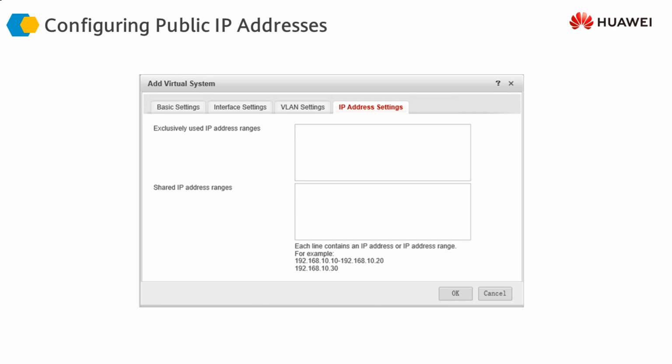So this was the basic configuration. Now we are going to look at some configuration examples and see, in an actual scenario or according to actual requirements, how we do this configuration step by step. So in the next video we are going to look at a particular example of virtual system implementation in a network.